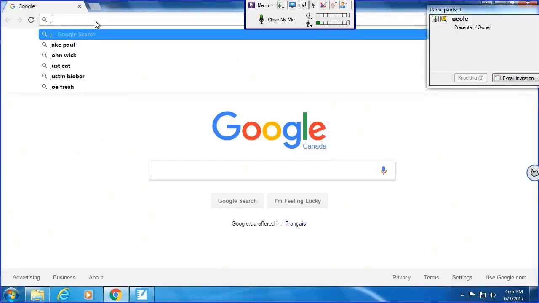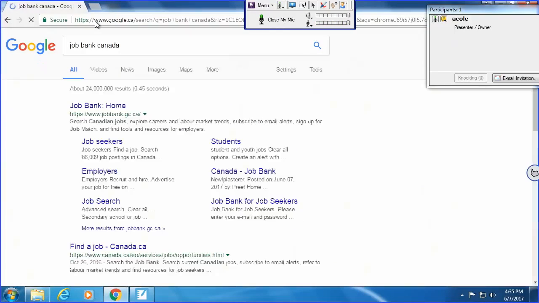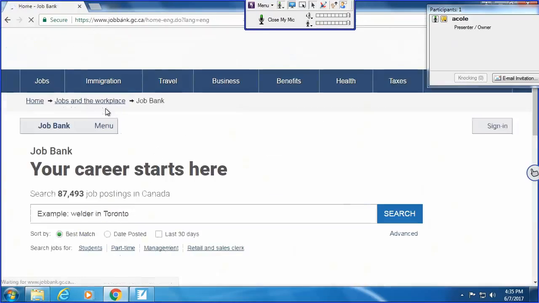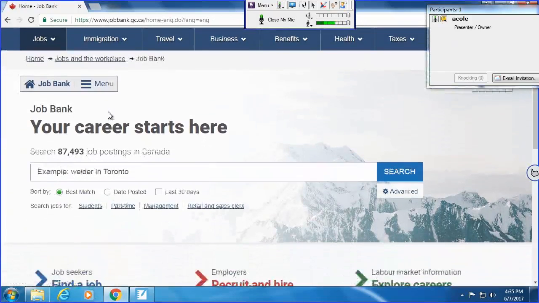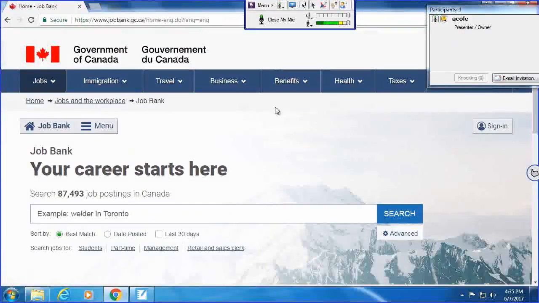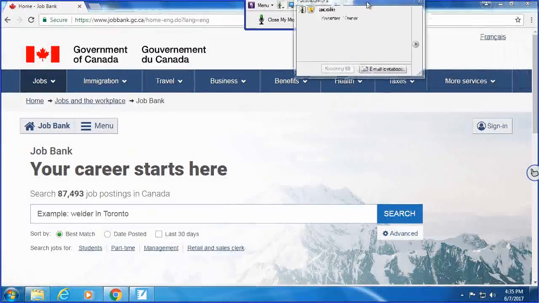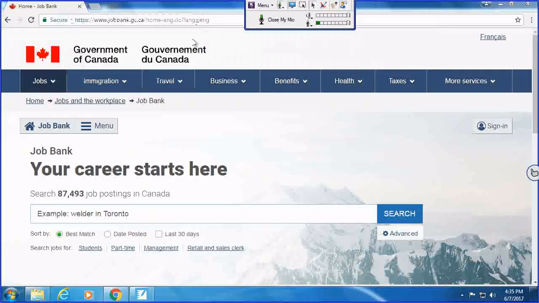I'll just type in job bank Canada. There we go. That's quick. Sometimes it's easier just to search for something than to click on the link. So this is what the job bank looks like. I'm just going to close this so that it's not blocking anything.